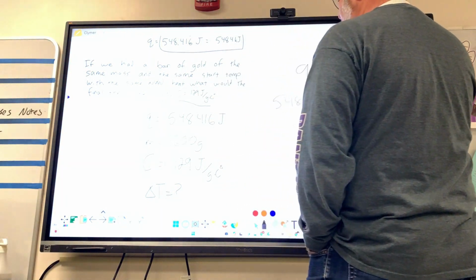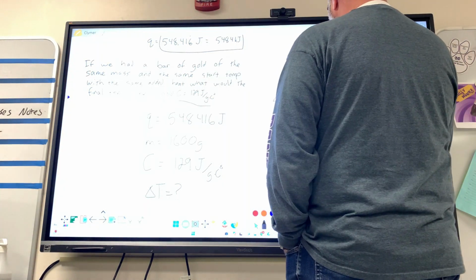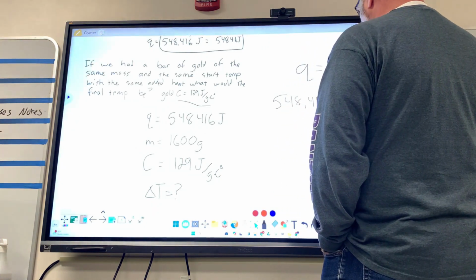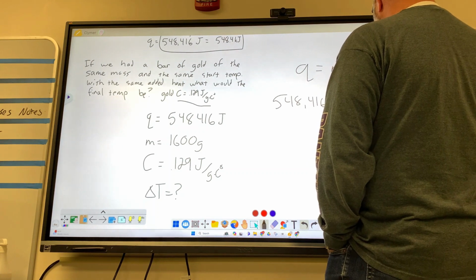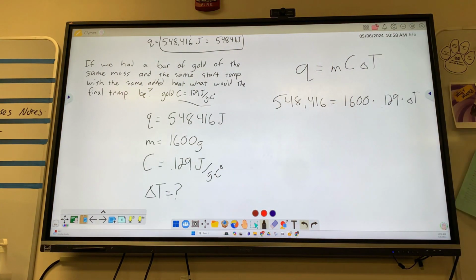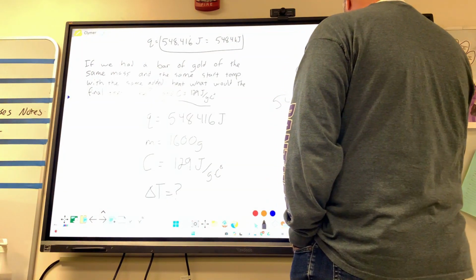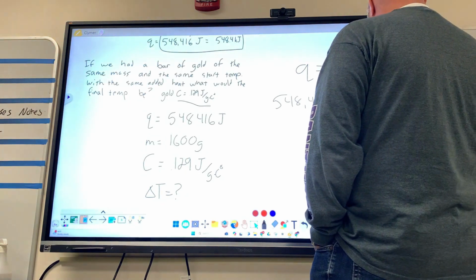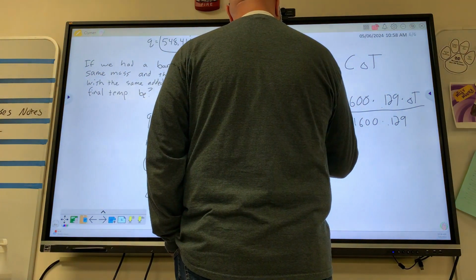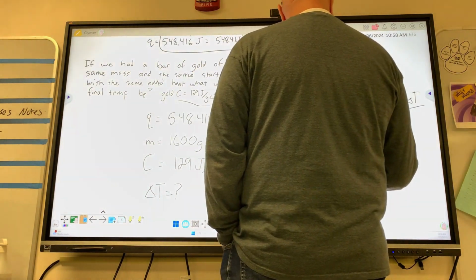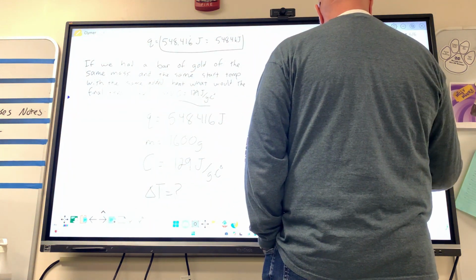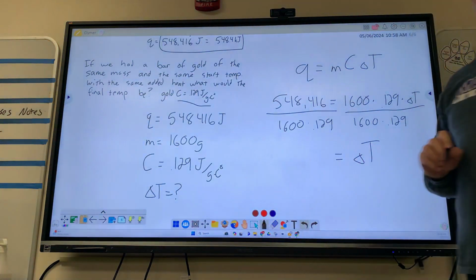Mass is 1,600 times C was 0.129 times delta T. How do we solve this algebra problem? Divide. Delta T equals